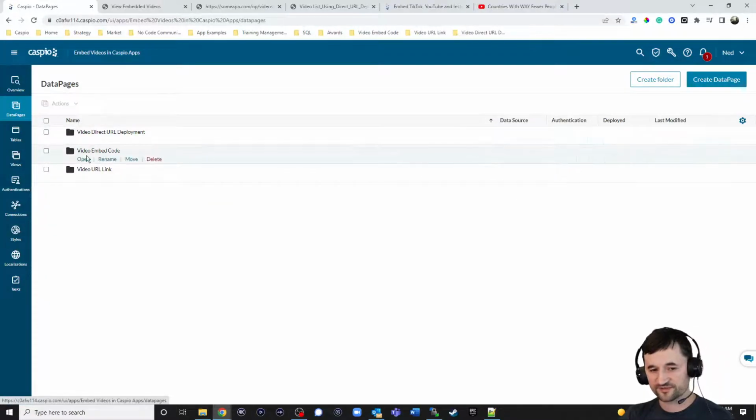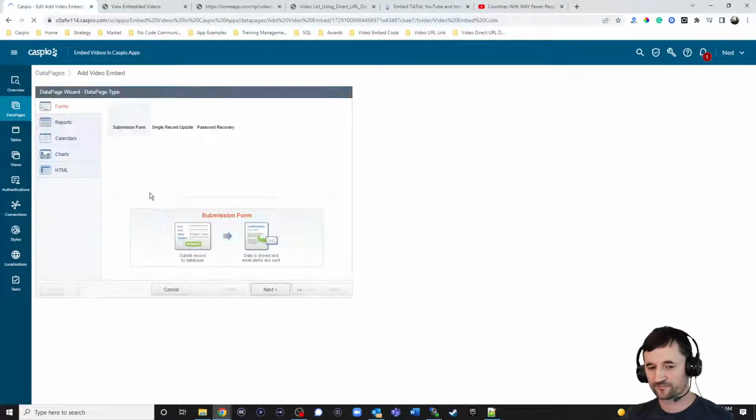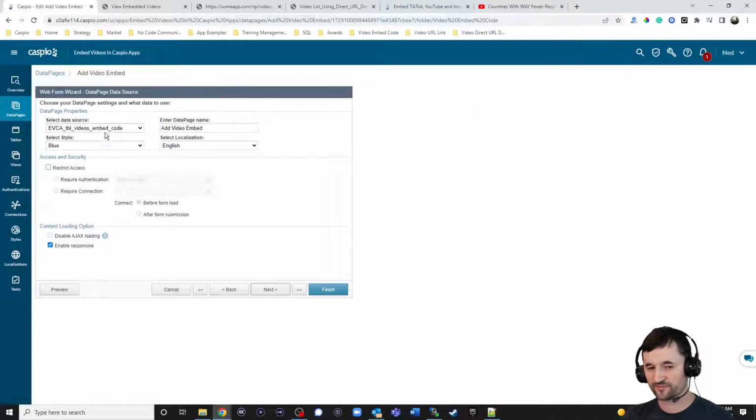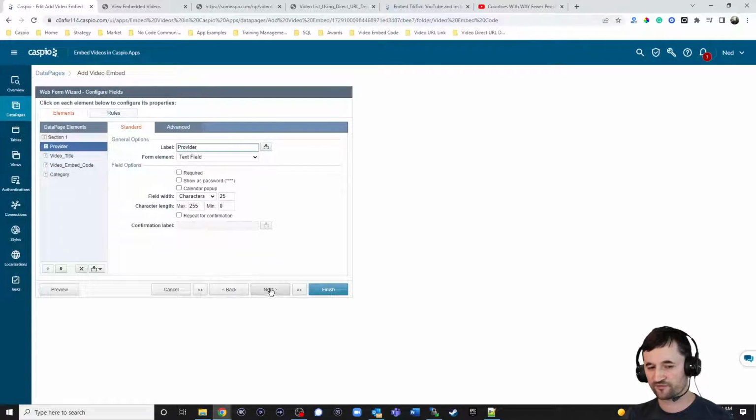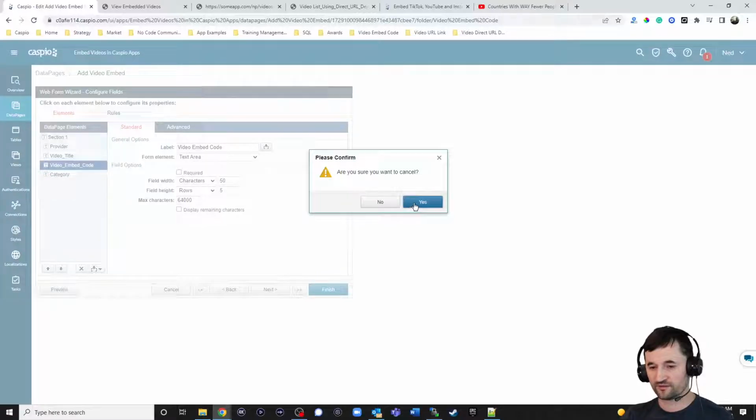On the data pages, here's my embed video form, the one that we just looked at a moment ago. If I click edit, it's very simple. We have my table, we have our fields, and then the embed code is simply a text area so that we can copy and paste that code into the text area. And then the report,